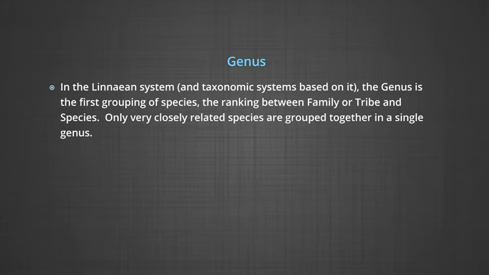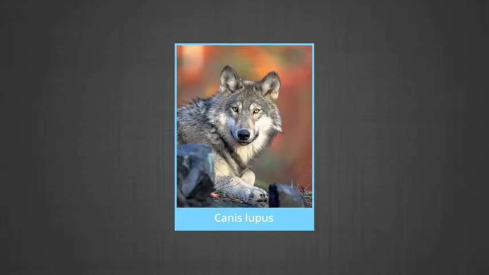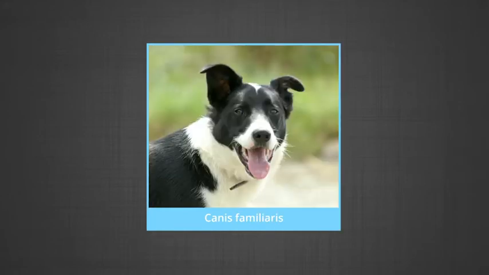Only very closely related species are grouped together in a single genus. The genus is sort of a surname, whereas the species is the first name. Canis lupus, the wolf, is distinguished from Canis familiaris, the domesticated dog. Although very similar, they are still distinct species, but belong to the same genus, or in man, Homo erectus and